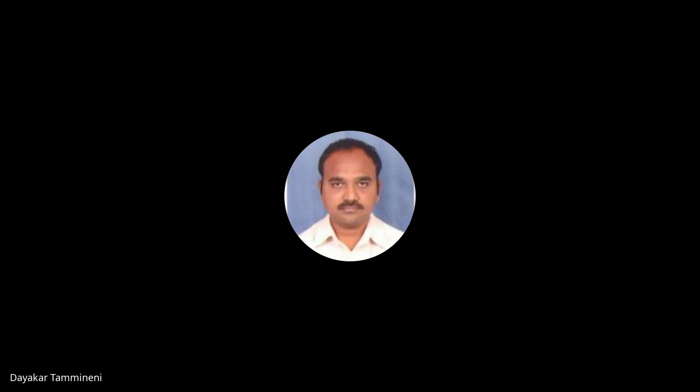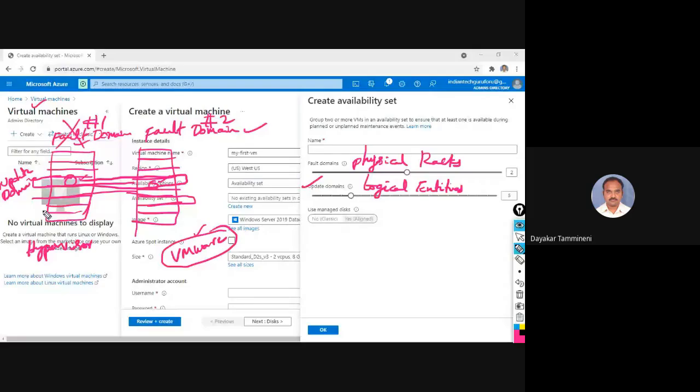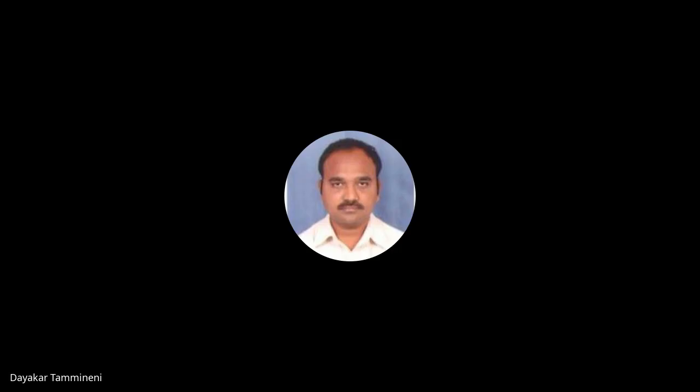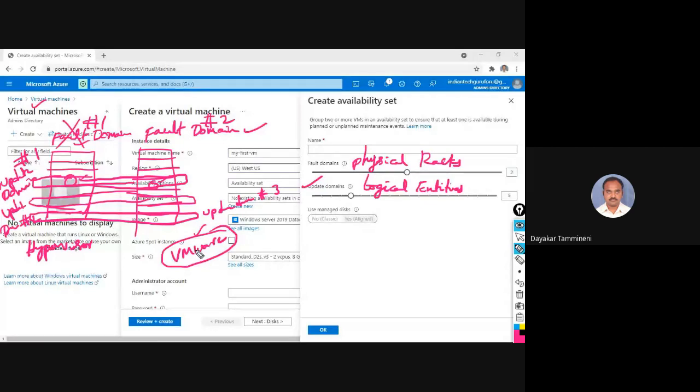And this is another logical entity. Okay. So it is update domain 1. It is update domain 2. And there is one more. It is update domain 3. Okay. So there are basically 3 update domains, which are maintained by the virtualization layer, and we cannot say when a particular update domain is going to go for maintenance.